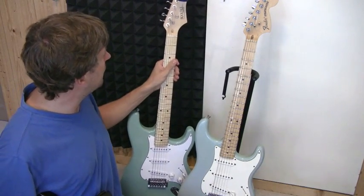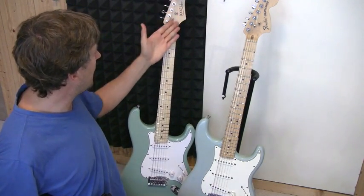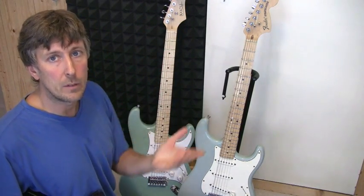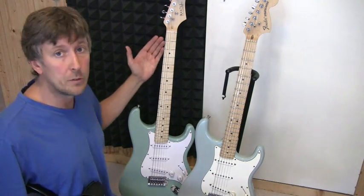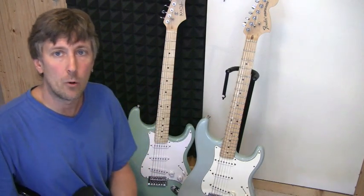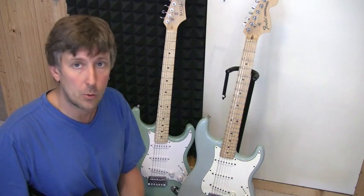In this case, this sort of Chinese factory Strat knockoff rebranded. In this case, Rocktile. In other cases, they've got a variety of different names on them around the world and in different stores. Look at points of the construction if you're looking at an inexpensive guitar like that. I would probably recommend you go straight away for a Squier Strat. I think the quality control on those and the actual construction